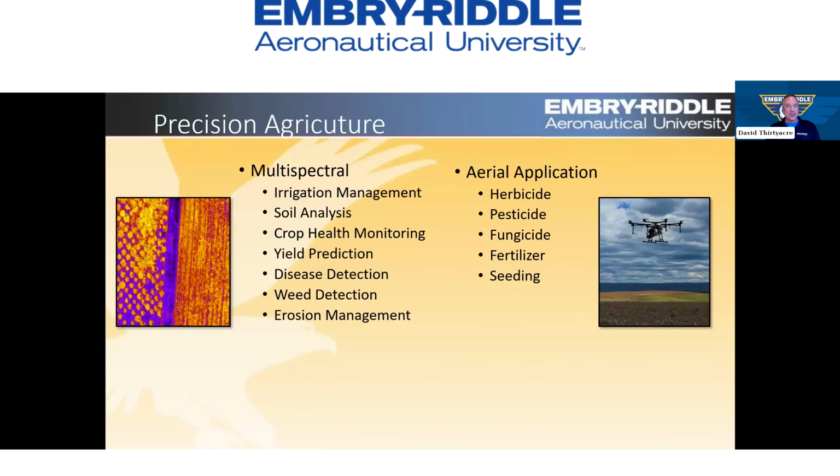So for aerial application, yeah, you can basically put anything you want on there. The one that I really didn't even consider, though, is that bottom one, which was seeding. And this is a pretty big one, because it allows you to get an aircraft over in an area and seed specific areas that you normally would have to drive a tractor out into or something like that, and it's going to destroy some of the terrain.